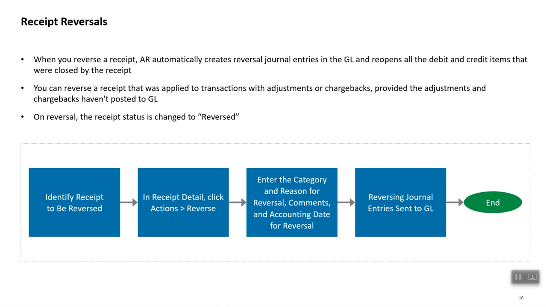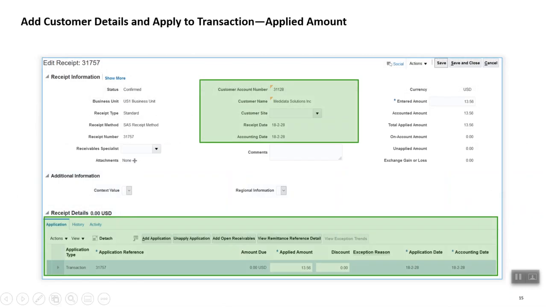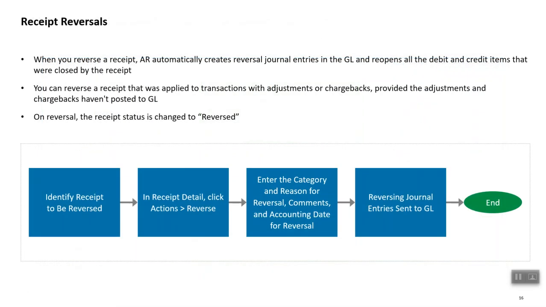So there is an option to reverse a particular receipt. There is also an option to delete a particular receipt. All these options come under the Actions section. However, you can delete a particular receipt if it is not posted to GL, and you can reverse a particular receipt once it is posted to